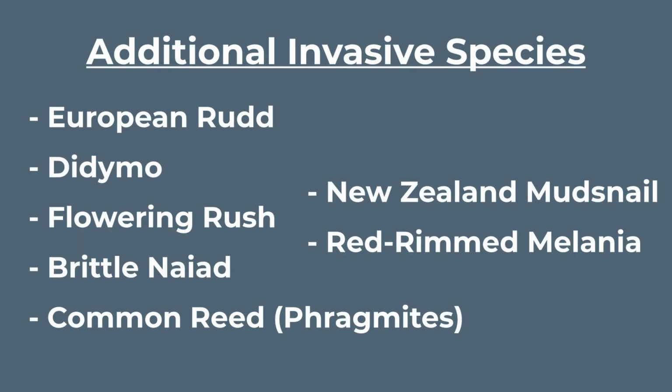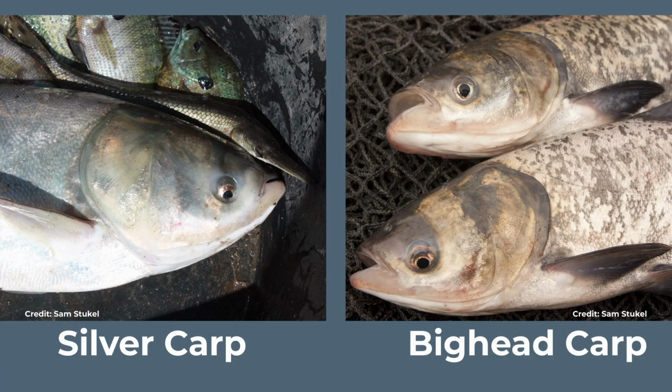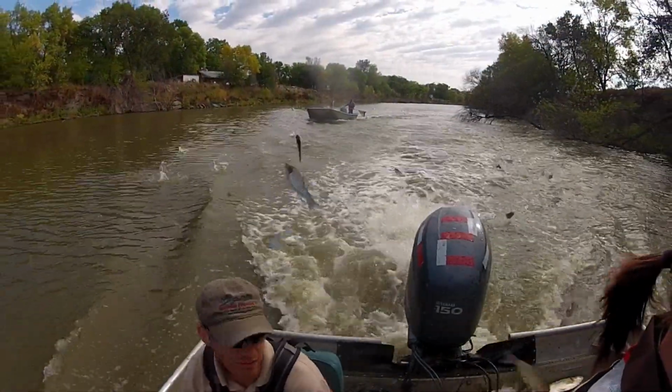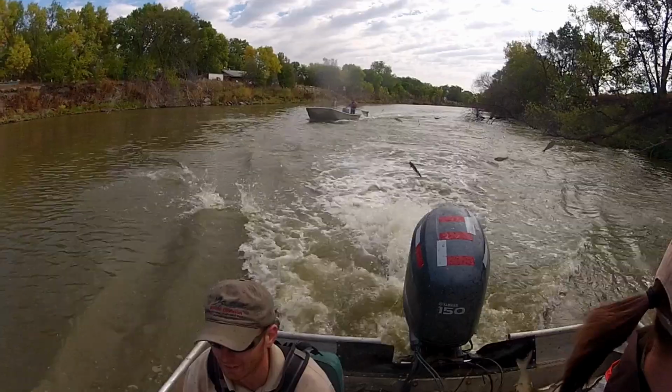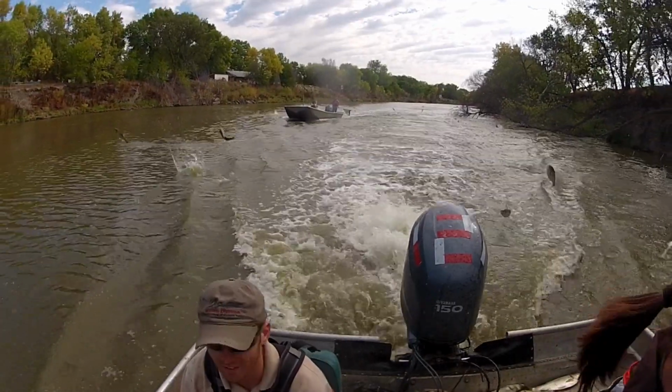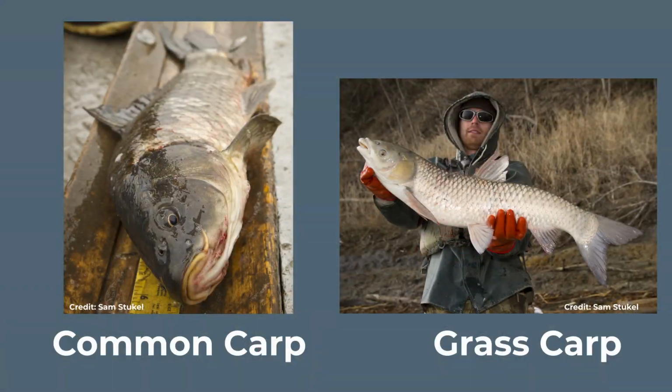Invasive fish species prey on or compete with native species for food or alter the existing environment to become less ideal for native species. For example, silver carp and bighead carp feed on and compete for plankton, which is important to native species such as paddlefish or gizzard shad. Silver carp are also able to jump up to 10 feet in the air and damage property or injure people. Common carp and grass carp can root around on the bottom of lakes, which can decrease water clarity.